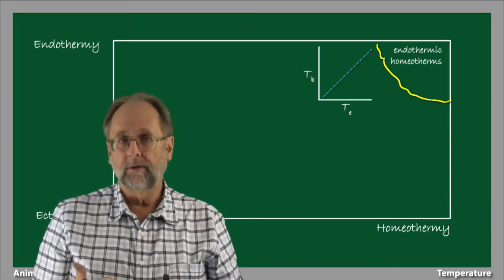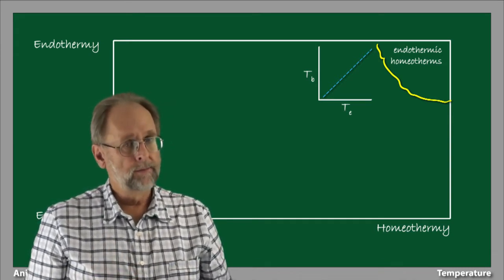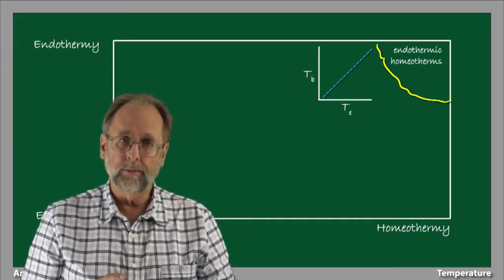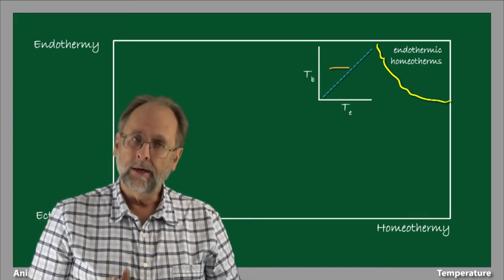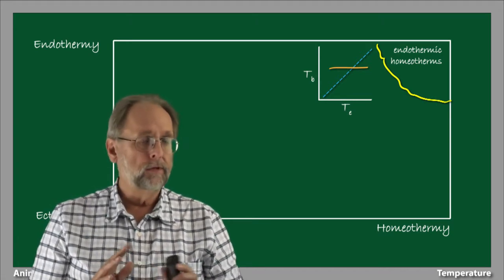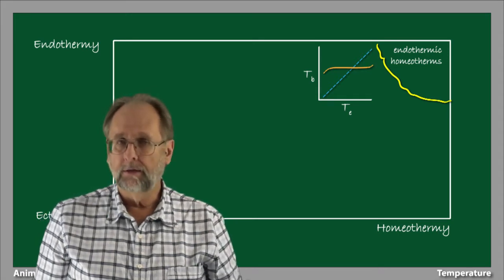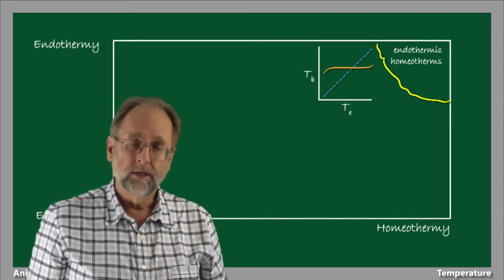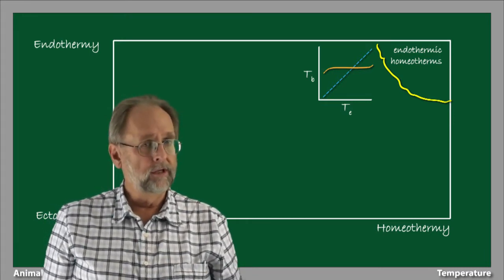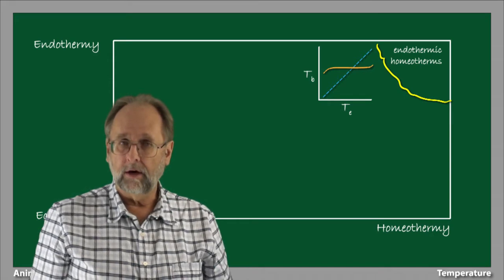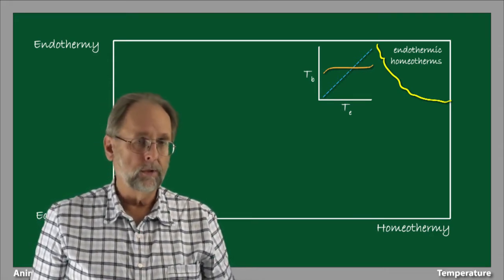We put in a line of equivalency, shown here as a dotted blue line, which indicates body temperature that is equal to environmental temperature. In the case of endothermic homeotherms, however, the body temperature is relatively steady over a wide range of environmental temperatures. The precision of thermoregulation might fall off a bit at the extremes, but in general, these animals regulate body temperature within fairly narrow limits over a wide range of environmental temperatures. And they use metabolic heat energy to balance their thermal energy budgets.